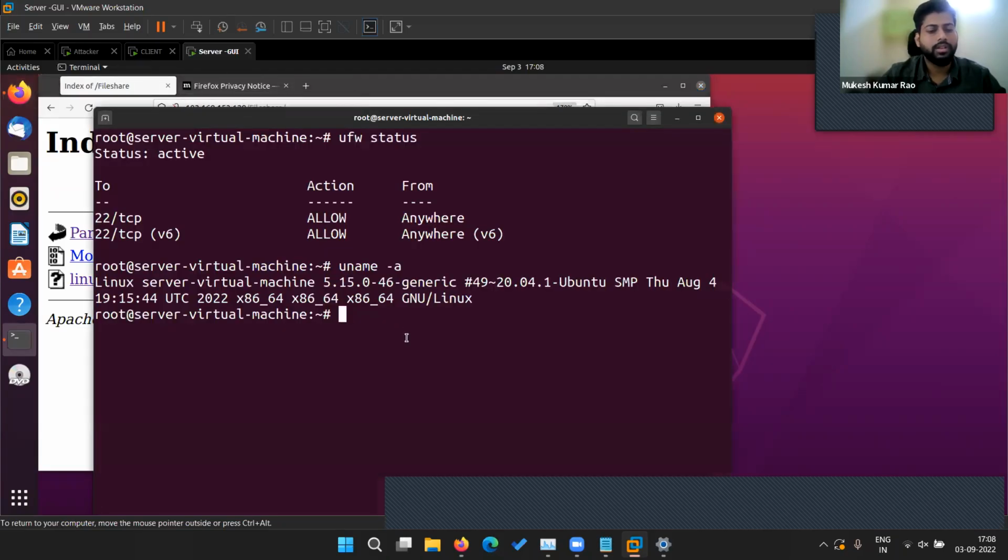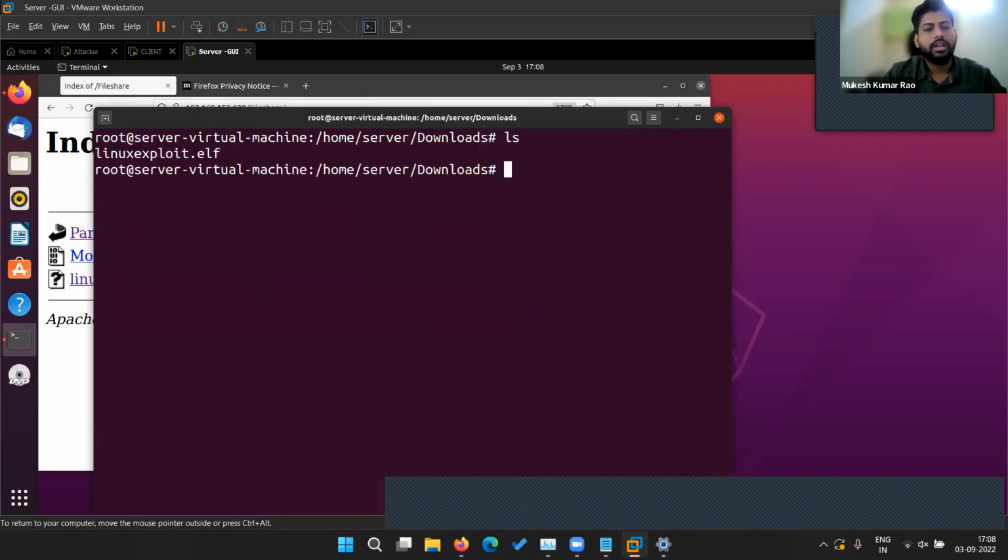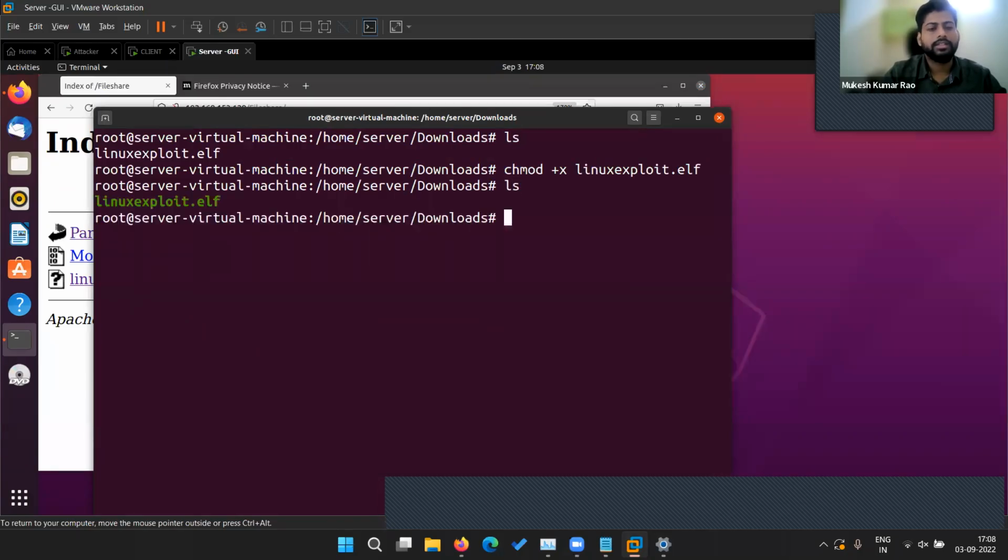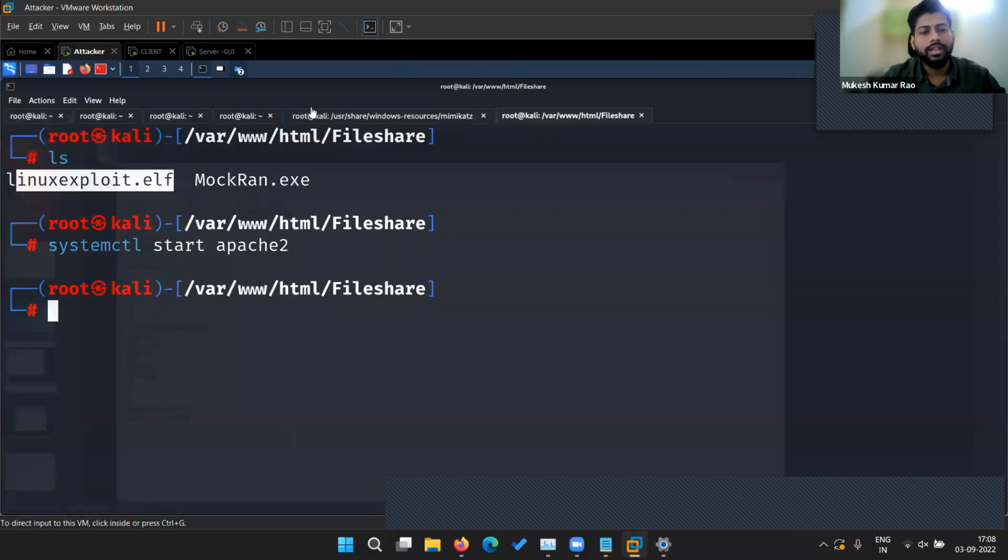So you can go here, cd /home, I think, /home/server/download. No, download there. ls, you will see this file is available. Chmod, we can just give the execute permission. That thing, ls is available. Now, before executing, you can go to the Kali machine and then create the